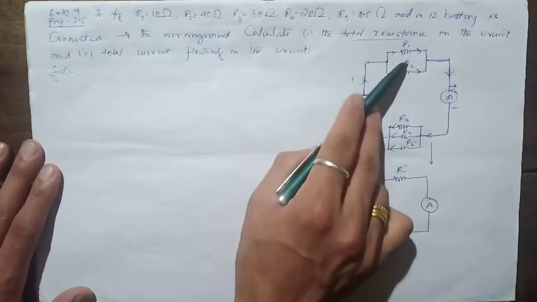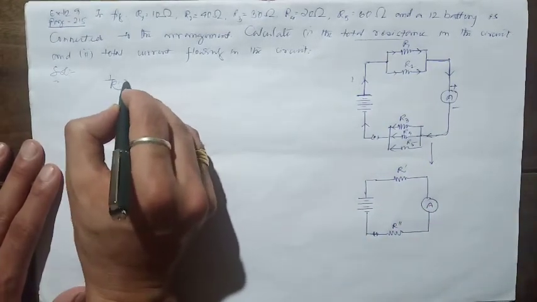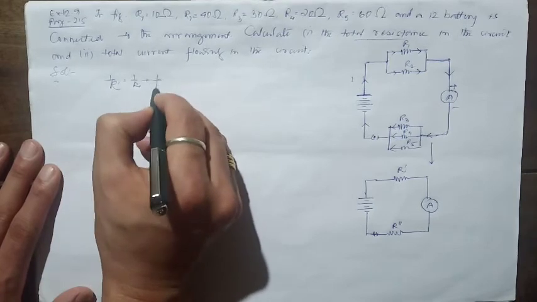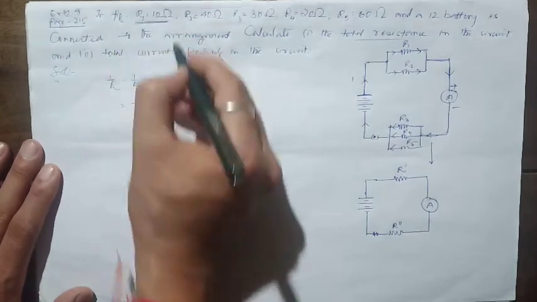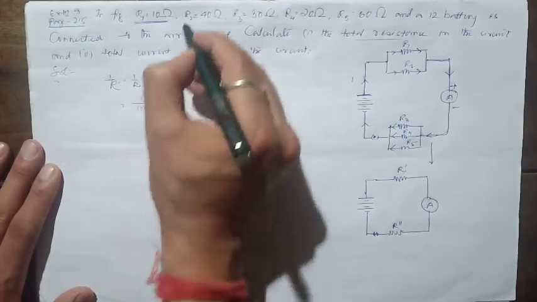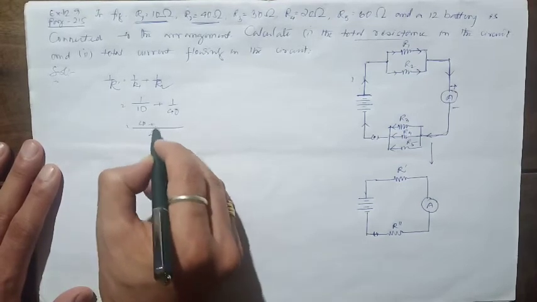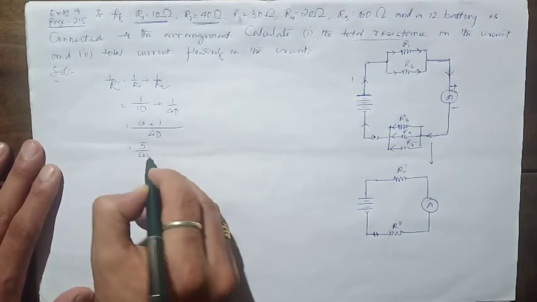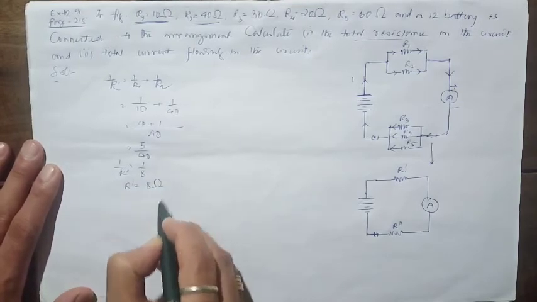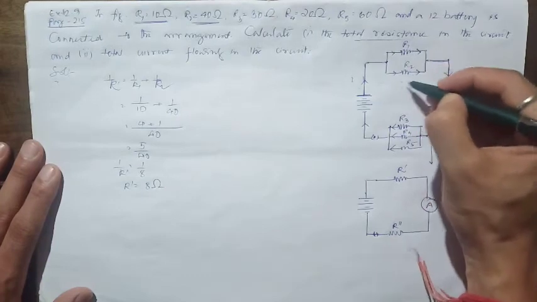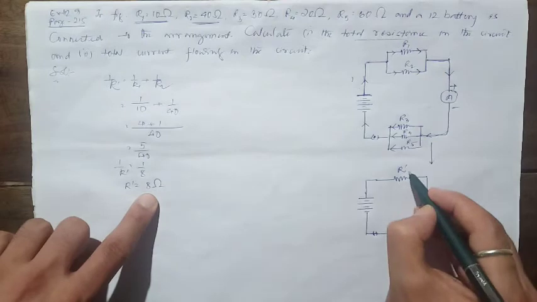And now you know these two are connected in parallel. So we can easily find out the value of this using the formula 1 by R dash is equal to 1 by R1 plus 1 by R2. R1 is 10 ohms plus R2 is 40 ohms. So if I calculate, LCM 40, it's 4 plus 1, so 5 by 40, that is 1 by 8. So R dash equals 8 ohms. Now students, these two resistors of value 10 ohms and 40 ohms can be replaced by a single resistor of value 8 ohms.